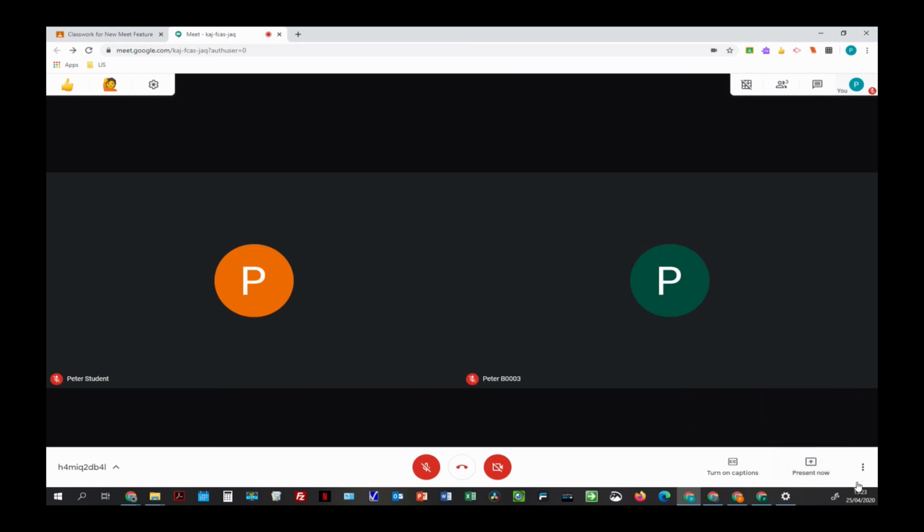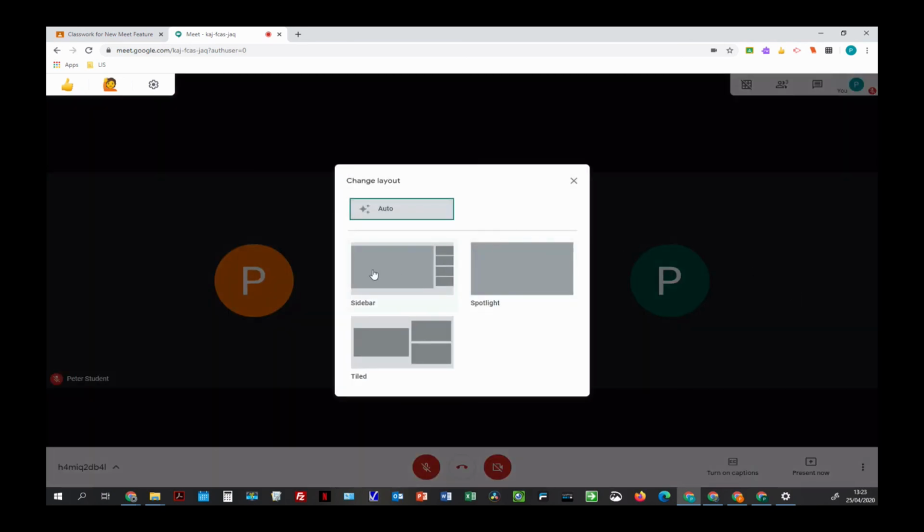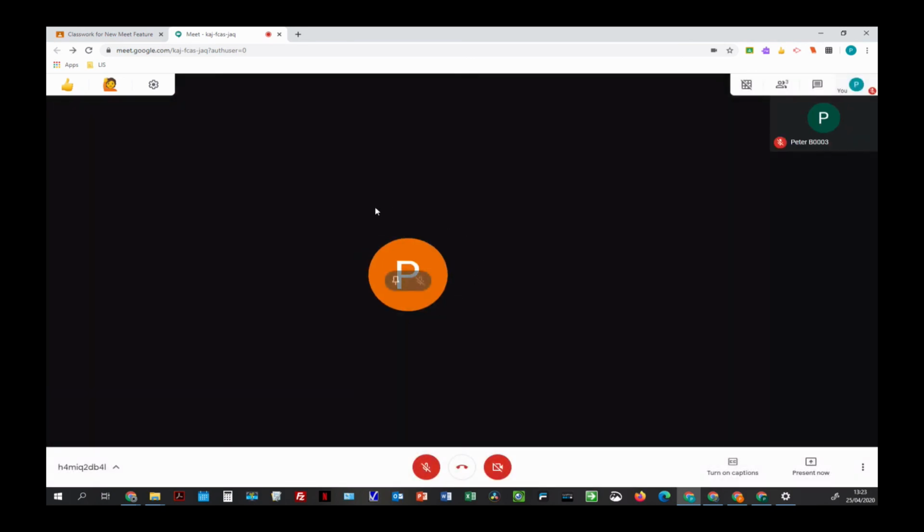Now, another thing is if you don't want to use the grid because there's only a few people in your Meet, you can change the layout. So 3 dots in the bottom right-hand corner. Click on Change Layout, and the sidebar will populate whoever is speaking in the middle, and it toggles back and forth between who's